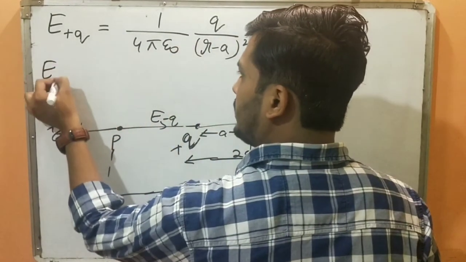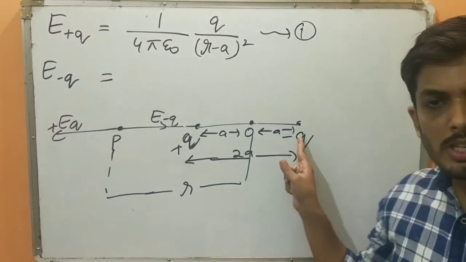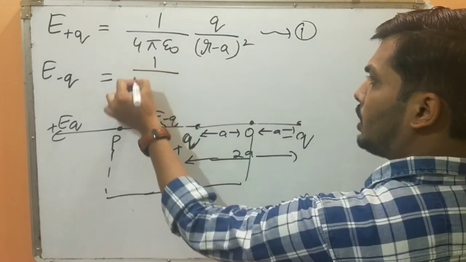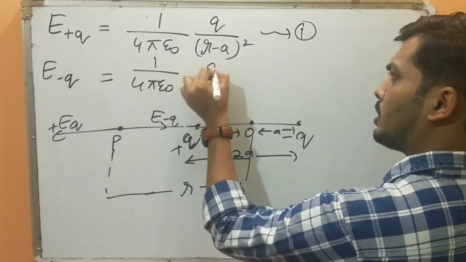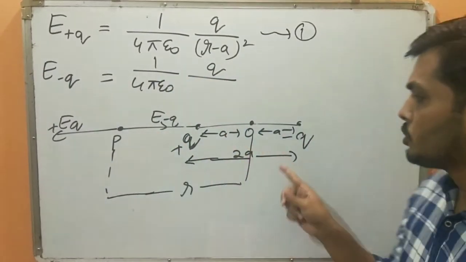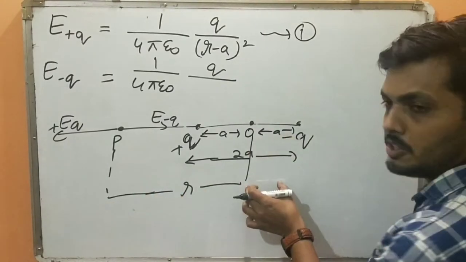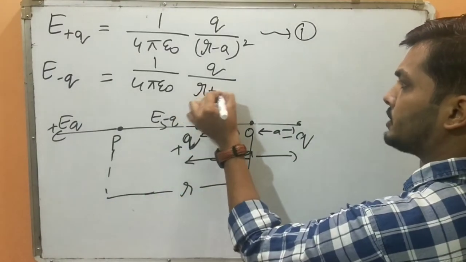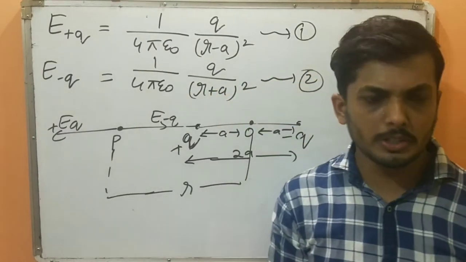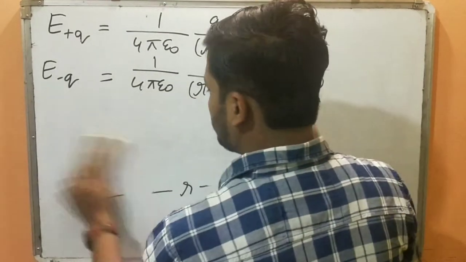Similarly, now you tell me E minus Q. What will be the electric field due to minus Q? Minus Q is here and the point is here, so this much will be the total distance. So how to write this? 1 upon 4 pi epsilon naught Q divided by, see, minus Q is here, point P is there, so the total distance will be this much. R is this much and the remaining A is this much. So shall I write R plus A the whole square? Is it fine? Refer to the diagram, or else it is very difficult to understand. Have you understood this?